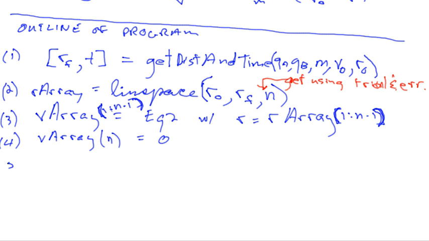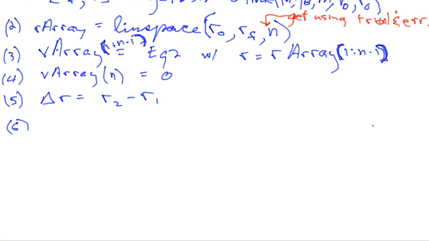Then I said something, oh yeah, delta r is r2 minus r1. Not really being consistent there. That should be r of 2 minus r of, the 1 in parentheses, but it's alright. Just the idea here. When we program it up, we have to get the syntax right. And then this is going to be it. I'm going to say